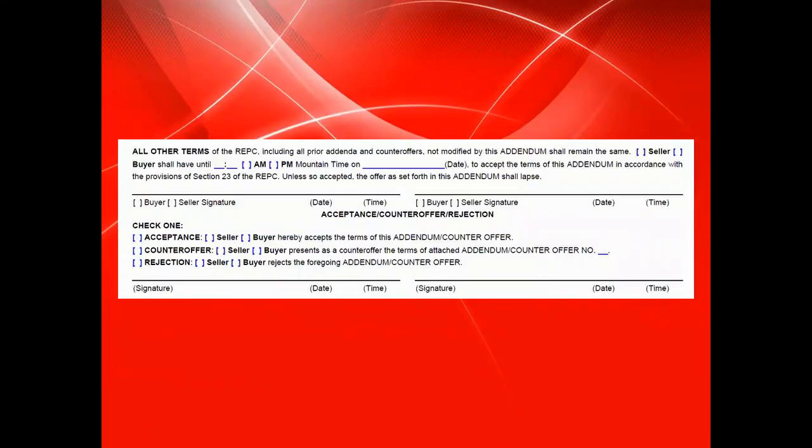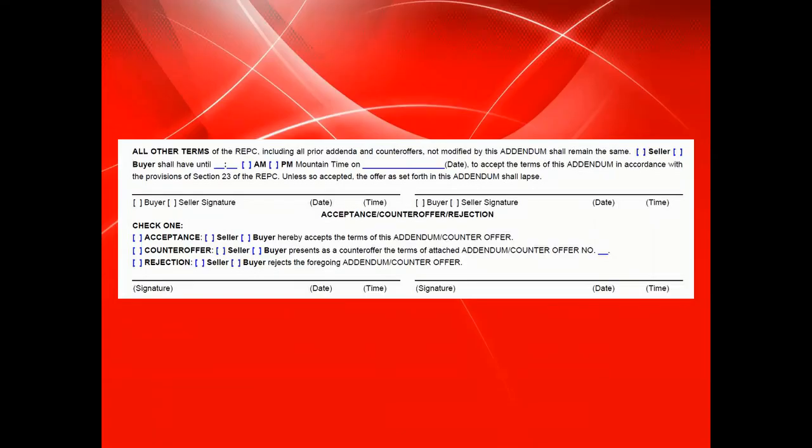And then, of course, you want to make sure you have your date and time to accept this. Be sure that if you're in your due diligence period, you're not doing this at the 11th hour, all right? Your deadline ends at 5 p.m. Mountain Time. So be sure to get this agreed upon at least a day before. If you have to do it several hours before, just get it done and get an acceptance or counter or rejection from that seller,